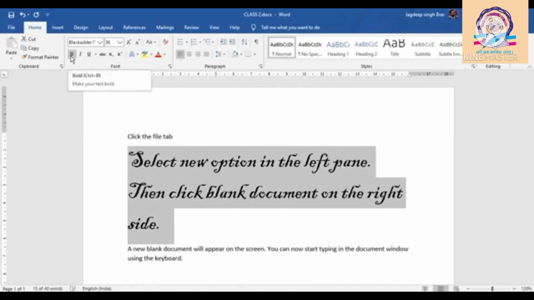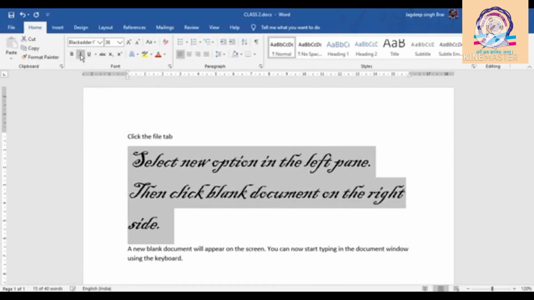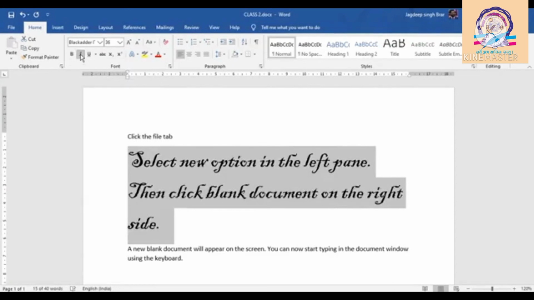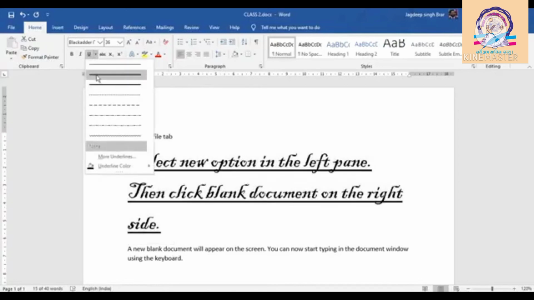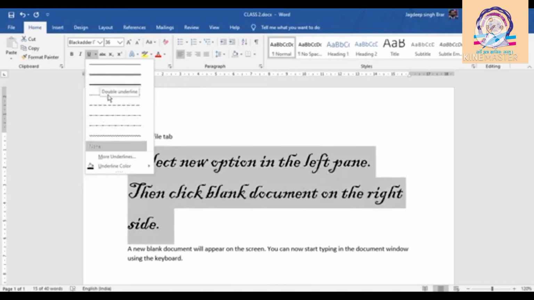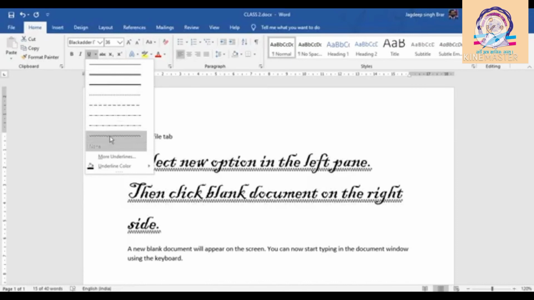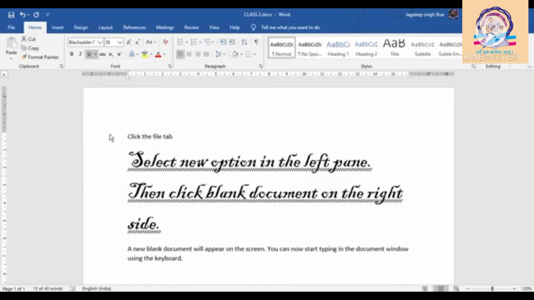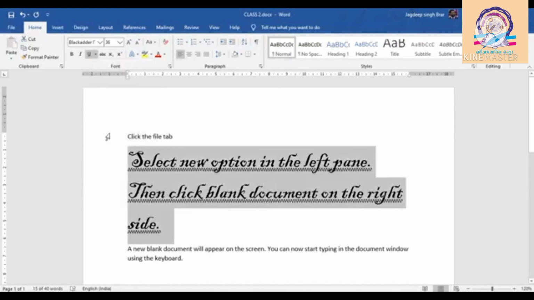Then you can use B to make it bold, I for italic to make it slanting, U for underline. With this option, you can choose any style of underline: double line, dotted, dash, or any style you can apply. Next is font color.